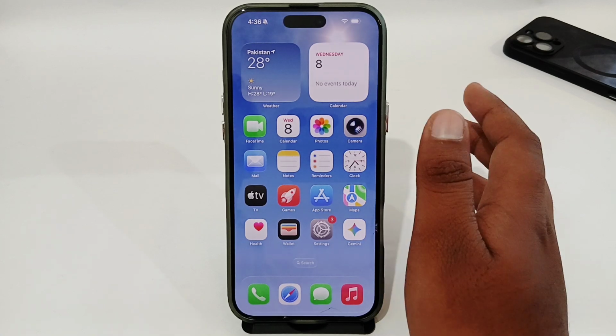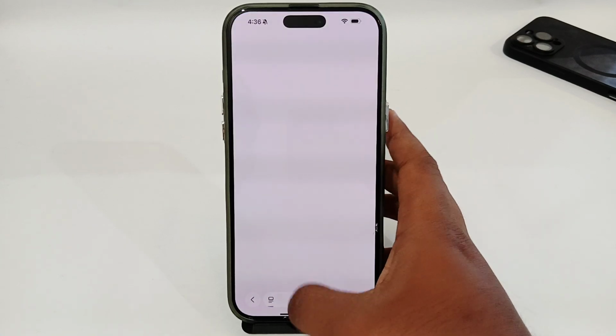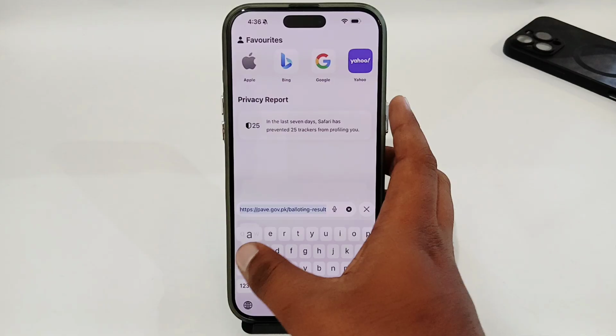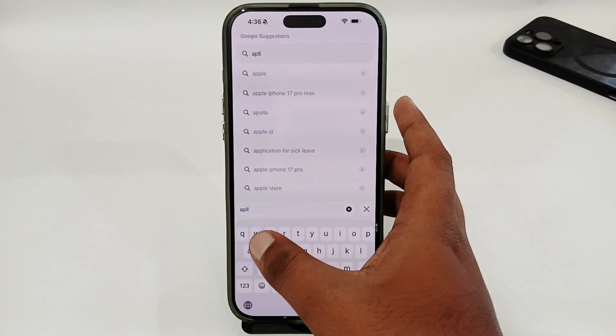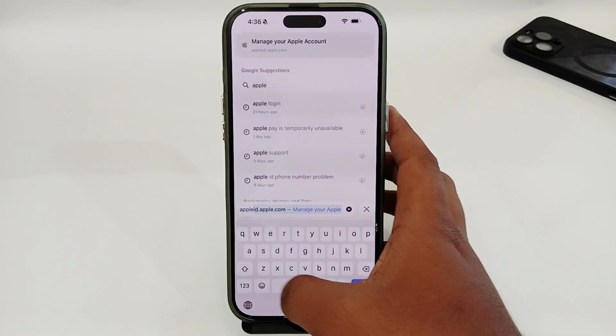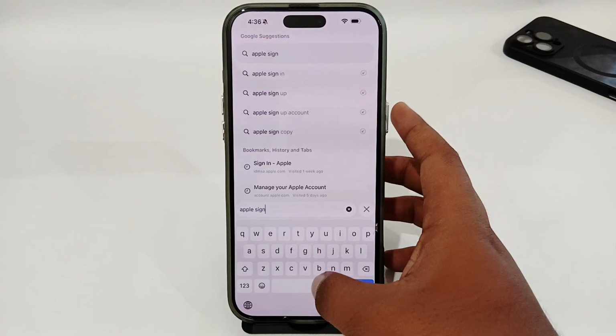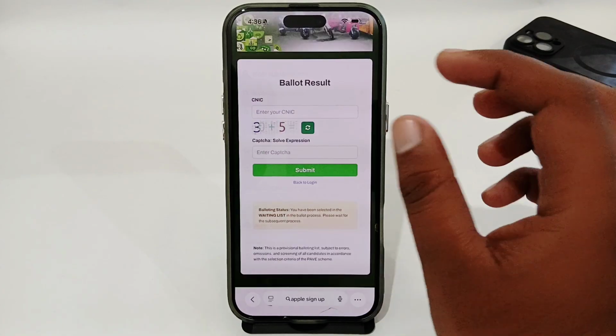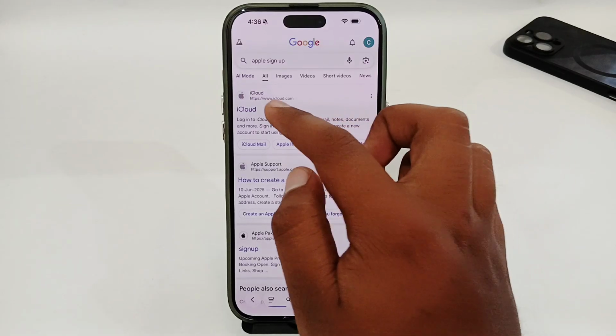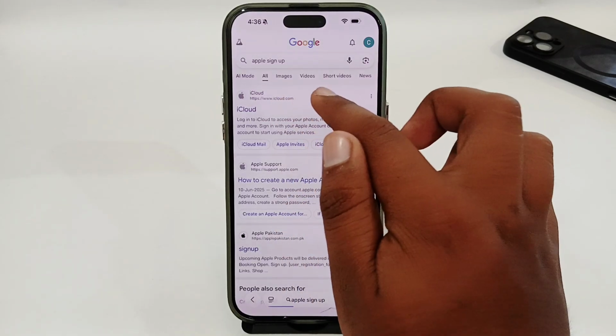Or if you cannot, you have to switch to your browser. Open up your browser here and simply search for Apple sign up. And here you have to look for iCloud section. You have to tap on this iCloud option,